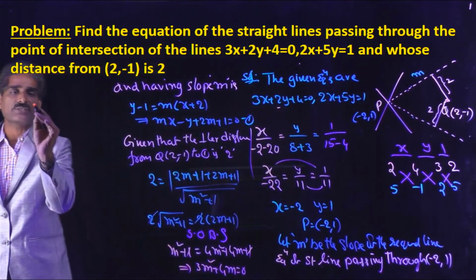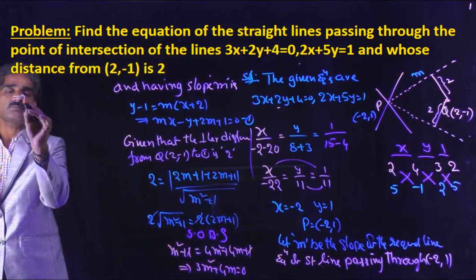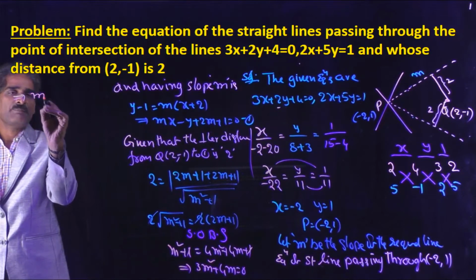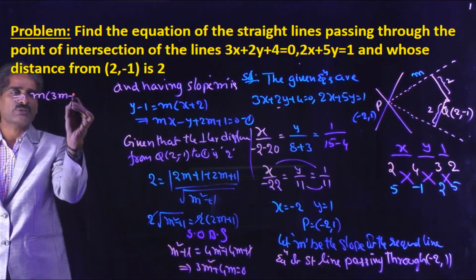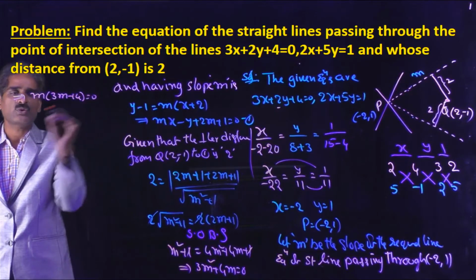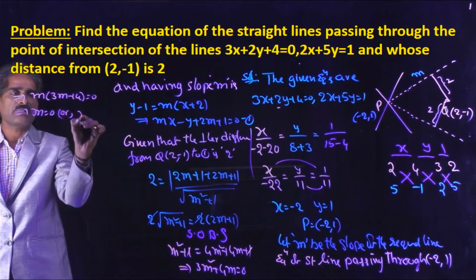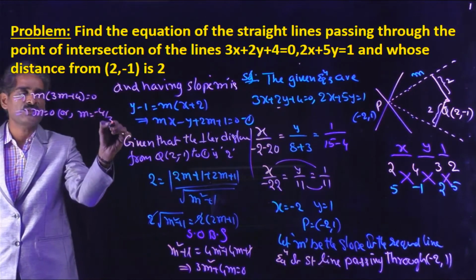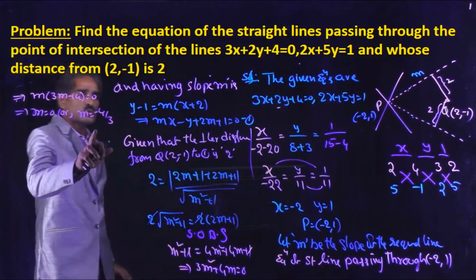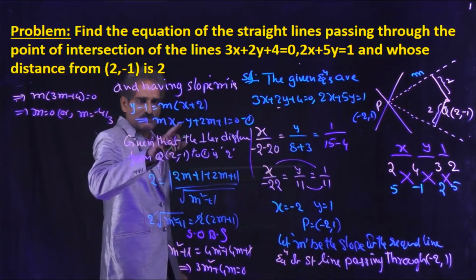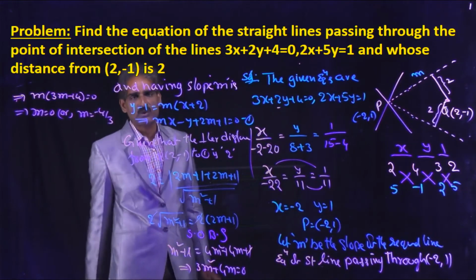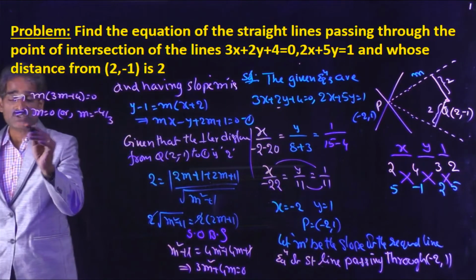This implies m into 3m plus 4 equal to 0. Therefore, either m equal to 0 or m is equal to minus 4 by 3. With respect to these two values, from this equation, we will get two equations. Now, the required equations are